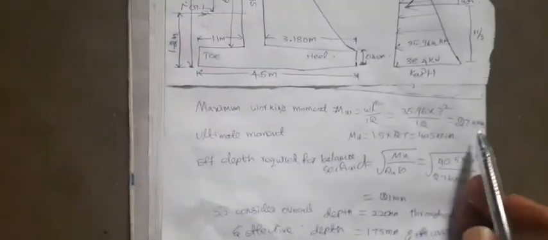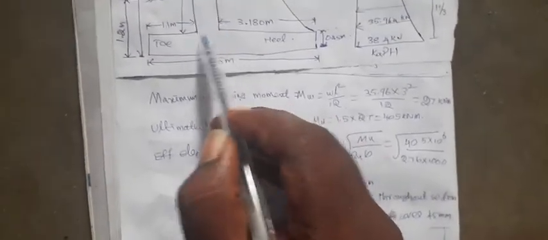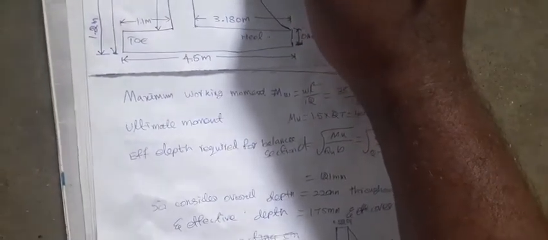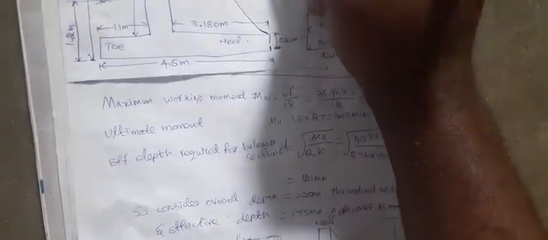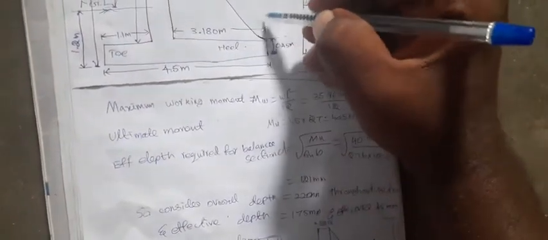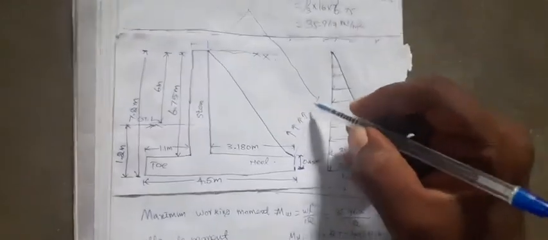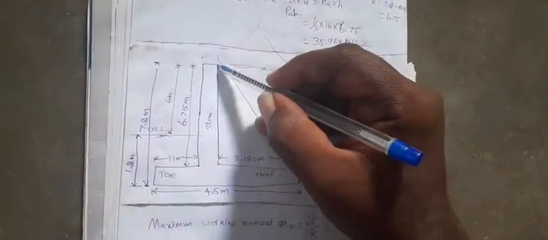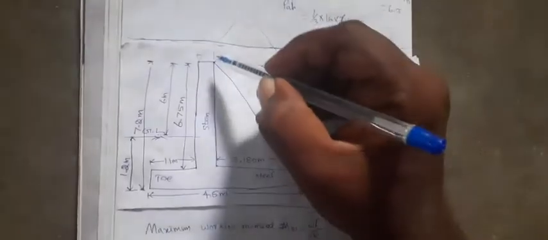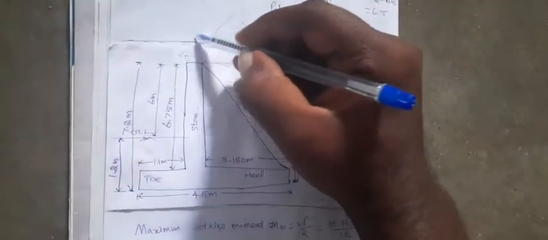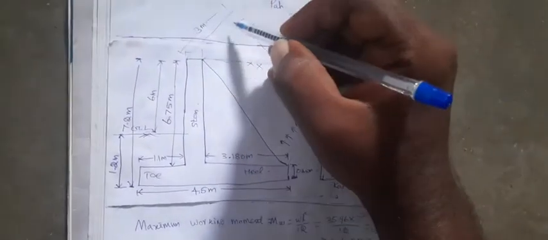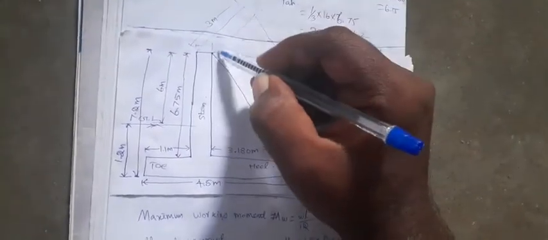So it is nothing but the moment acting at the base point because of the soil filling. That soil filling acts in this direction. So this is one counterfort. Also here we provide one more counterfort between these two points. The soil pressure acts like this. So one of the counterforts, the stem, continues through the length. From that, at this 3 meter distance apart, we have provided one more counterfort like this.